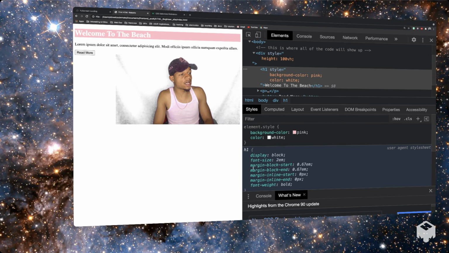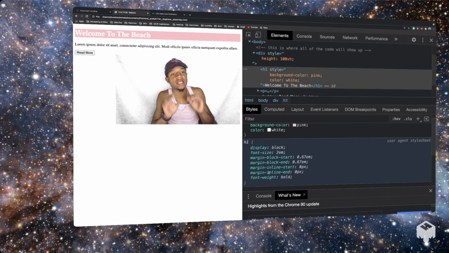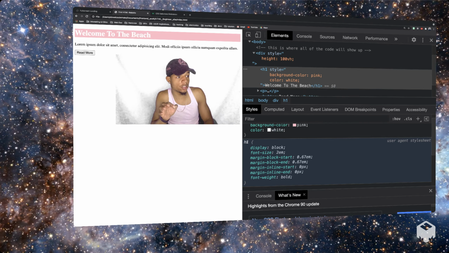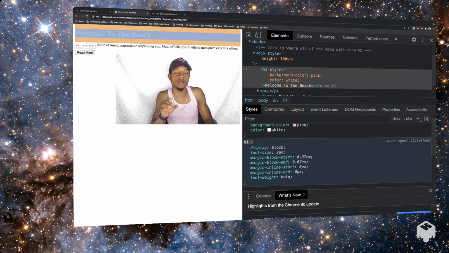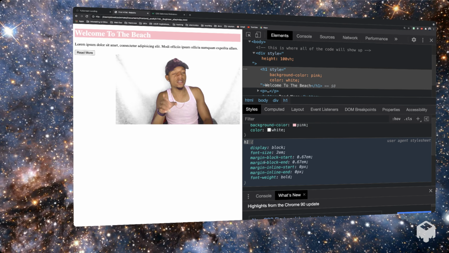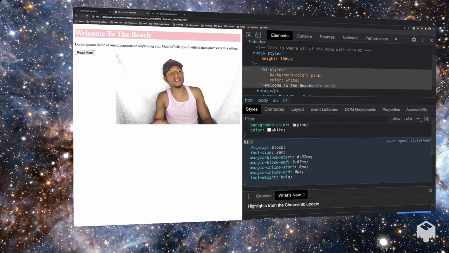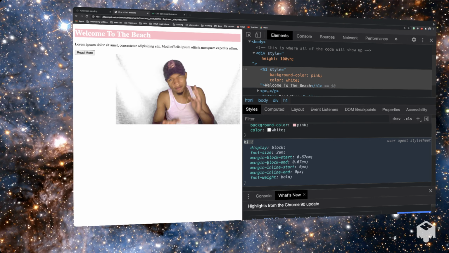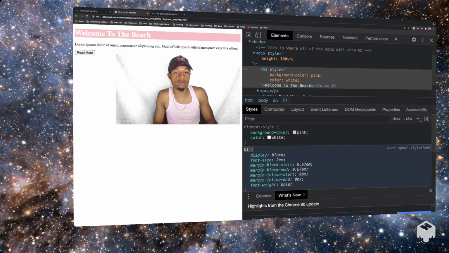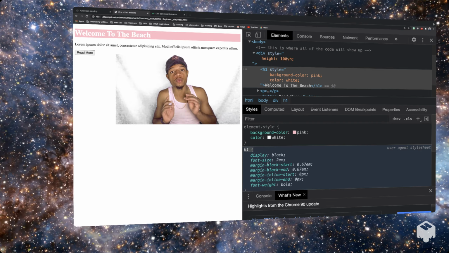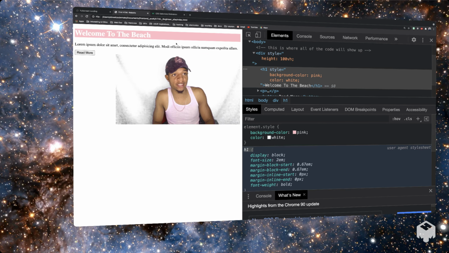So you got the font size, you got the margin block, margin, and all of that. All of that stuff is going to be tied onto all H1s because this is selecting for all H1s. So if I add another H1 onto this screen, this H1 element selector for all H1s will have a display block, font size 2em, and all the rest of the jazz. Makes sense? Cool. Okay. So not only do we have element selectors, we have another thing called class-based selectors,